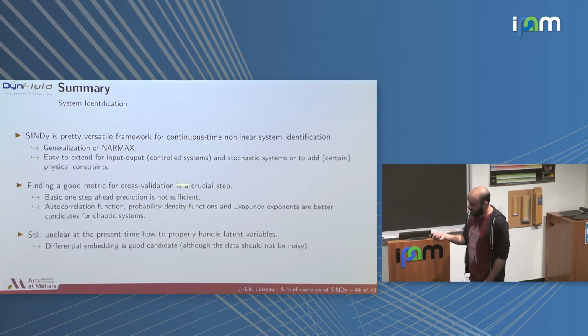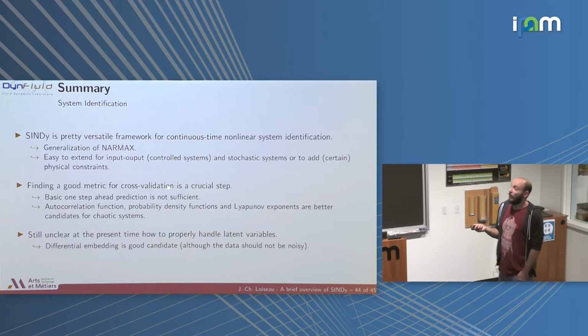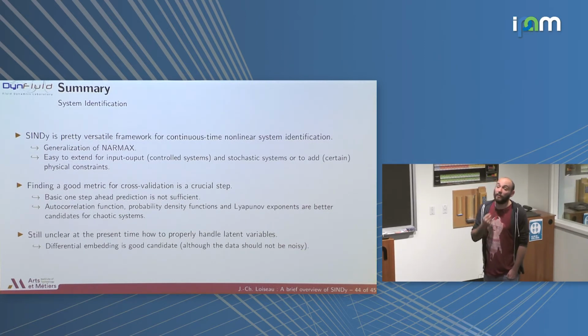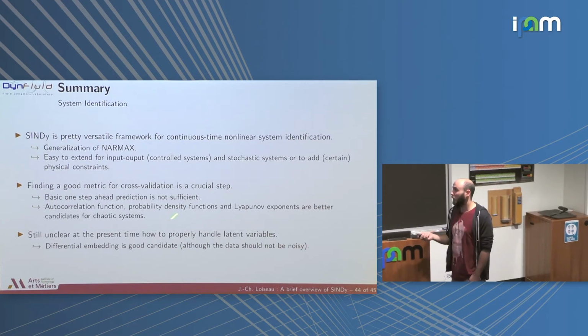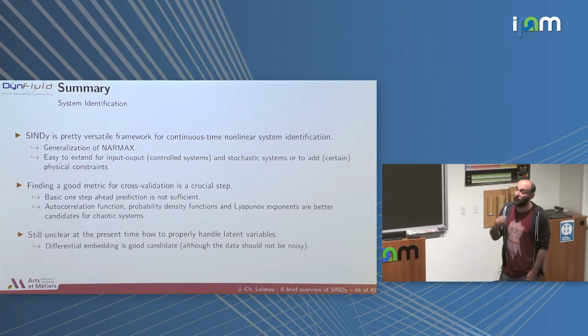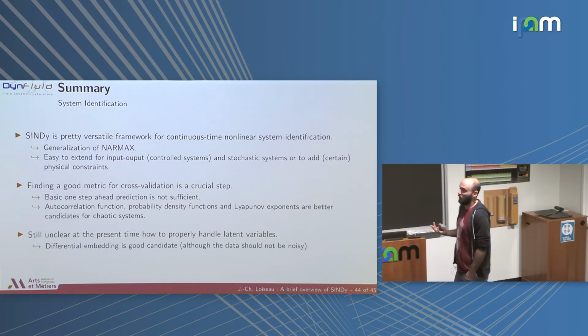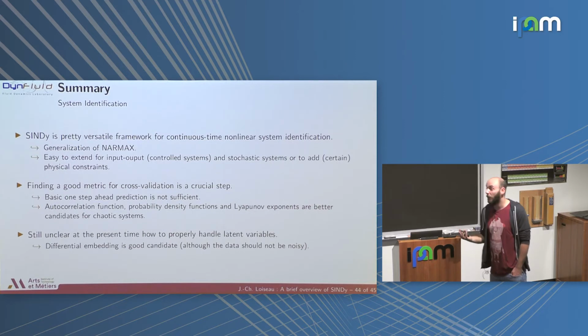And something I did not discuss, but Steve emphasized it somehow. Cross-validation is a crucial step to really pinpoint exactly the correct model. But finding a good metric is even more important for the cross-validation problem, because for this chaotic system, for instance, if I use just one or two time steps ahead prediction, which is the one thing everybody does in time series identification problems,